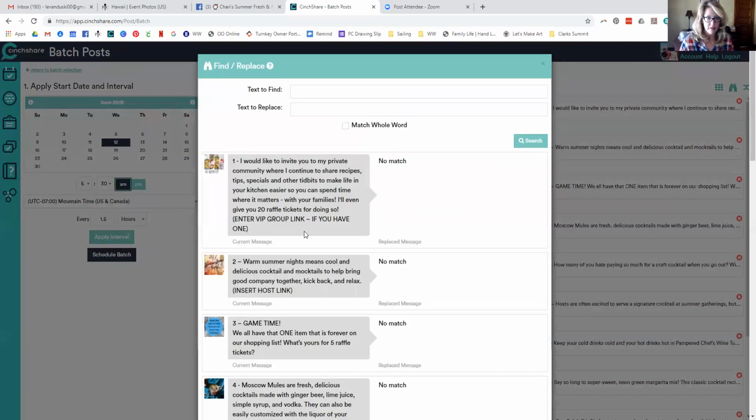Find and replace. Okay, so enter your VIP group. If you do have a VIP group, you're going to want to put the address of the Facebook group right there so that you can start building your audience and offering more service and recipes and interaction.